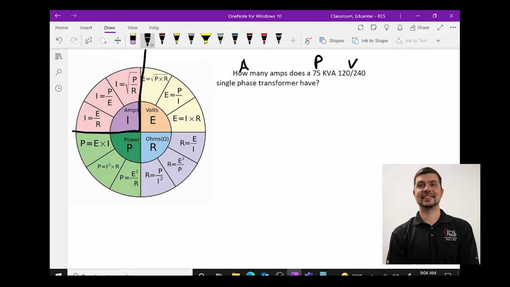So what I'm looking for is this one right here: I equals power divided by the volts, or E. Just going to go V. Or, simplified, amps is going to equal 75,000